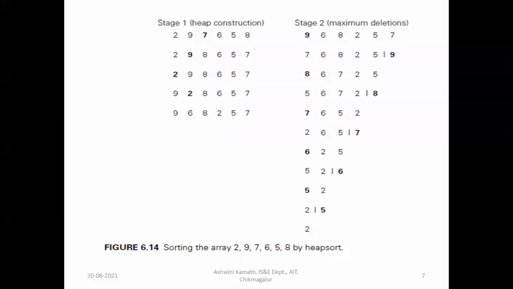In the second iteration, again we are going to convert it into a heap. So 8 will come to the root. Again swap it with the last leaf node, that is 5. 8 and 5 will be swapped and 8 will get its final position. Again heapify. So 7 will come to the root, and again apply the root deletion algorithm. 7 and the last node, 2, will be swapped.